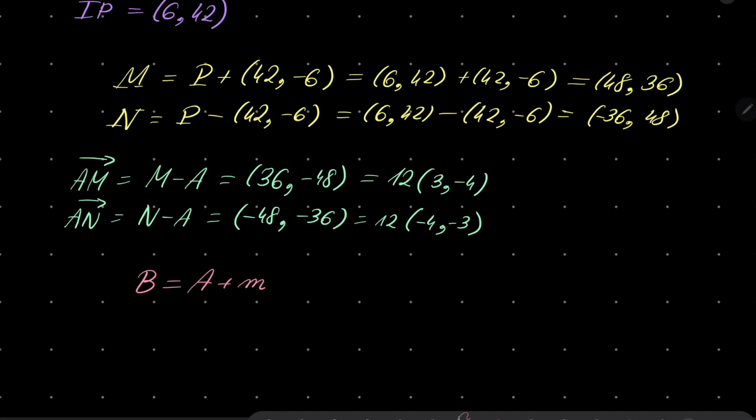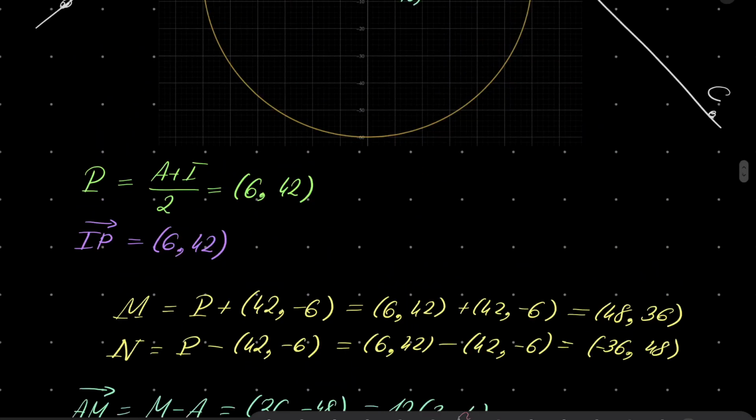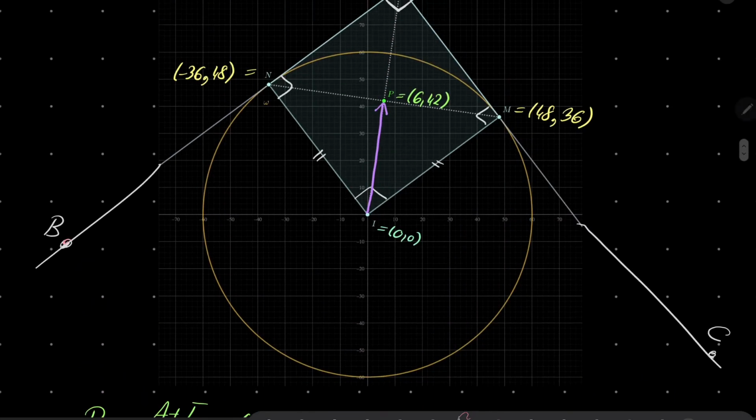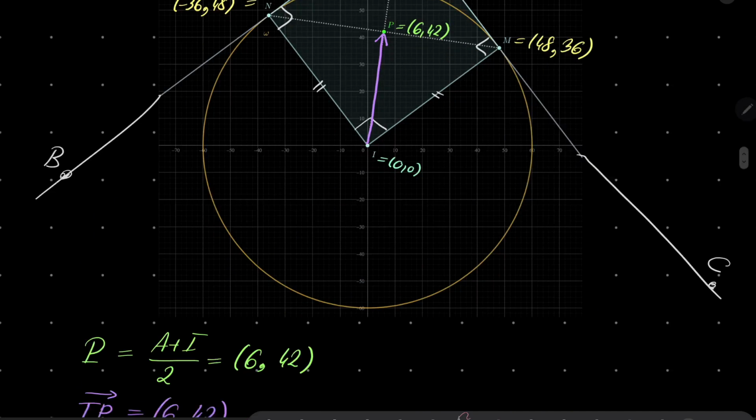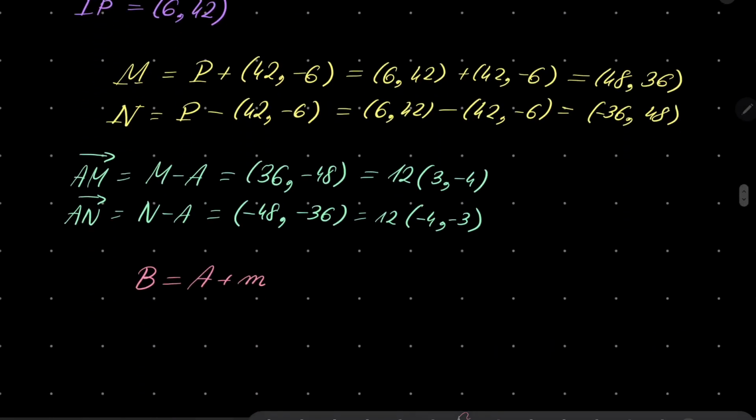B equals A plus m times, let's take a look. B is here, so we are going along vector (-4, -3). So it's m times (-4, -3), and C is A plus some number n times (3, -4),